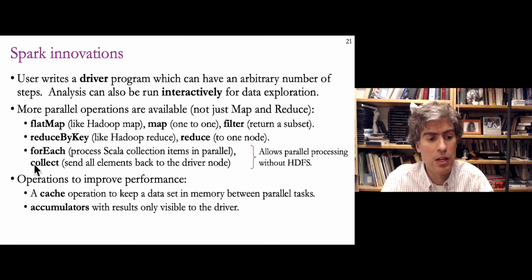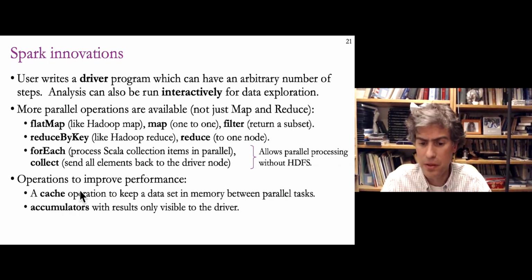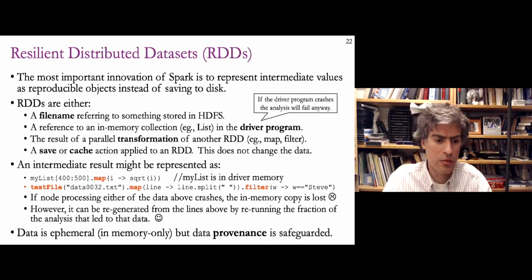Like I said before, instead of just the Hadoop map and reduce, there also is a one-to-one map, filtering, reducing by key, for each loops, and operating on collections. So there are more building blocks to work with that are all implemented in parallel by the runtime system in a cool way. And there are explicit operations for improving performance, like caching and accumulators, which I don't think we really need to get into too much, but